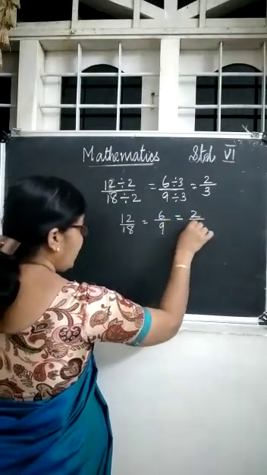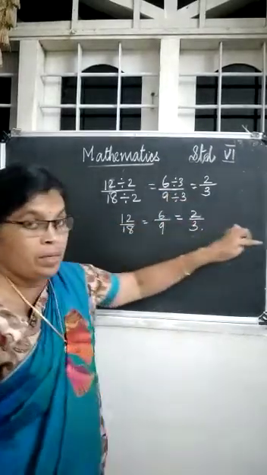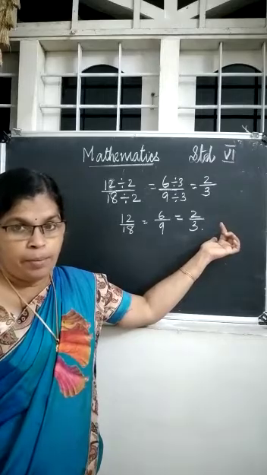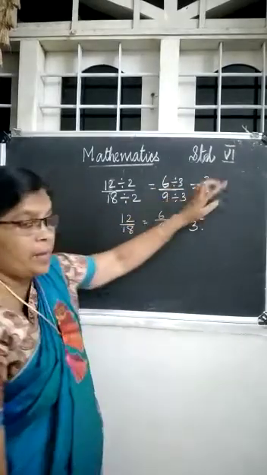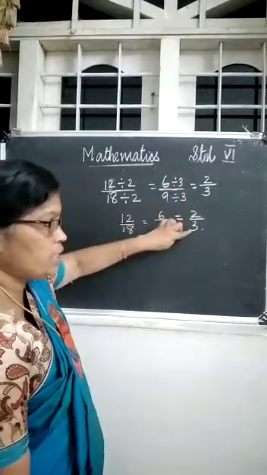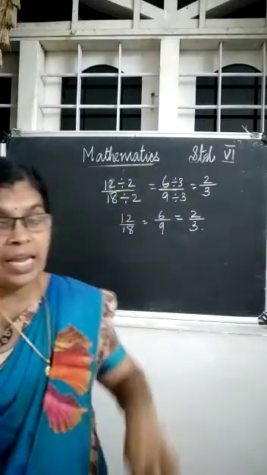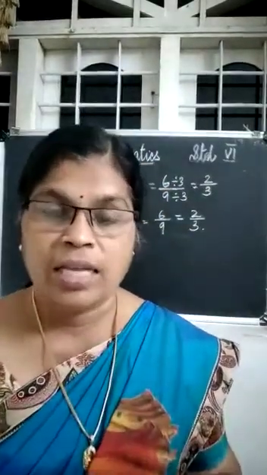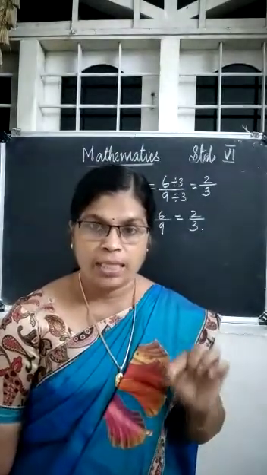Okay, now 2 by 3, can you divide by any number? Because 2 and 3, there is no number to divide both the numbers by. We cannot divide by the same number in the numerator and denominator, right? Because it is 2 and it is 3. Here you see, 6 and 9 had a common factor 3 in both. That's why we divided by the common factor in the numerator and the denominator.